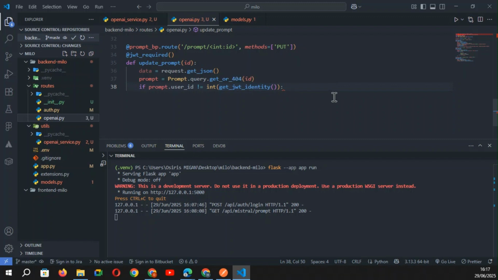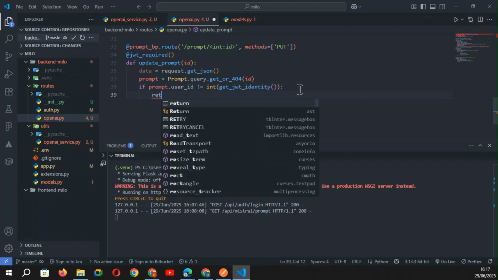When we use a token, we have a function get JWT identity to know the ID of the user, and we specify integer to receive this ID correctly as a number. So if prompt user ID is not equal to the ID of the user, we can return